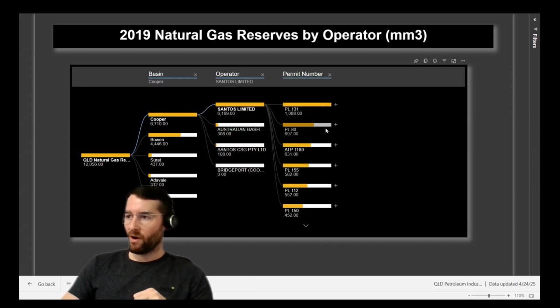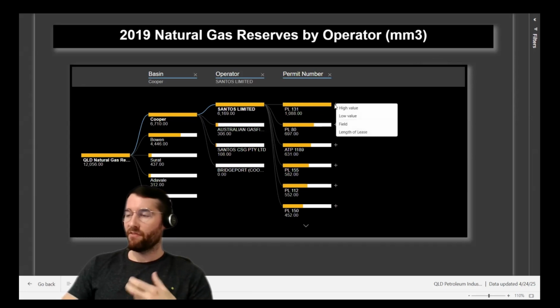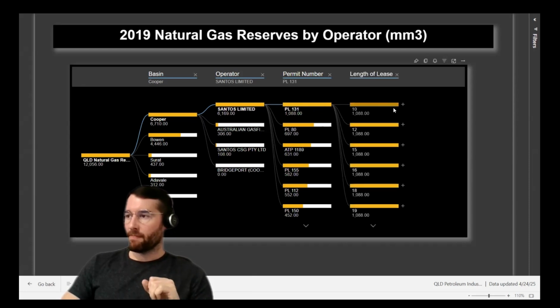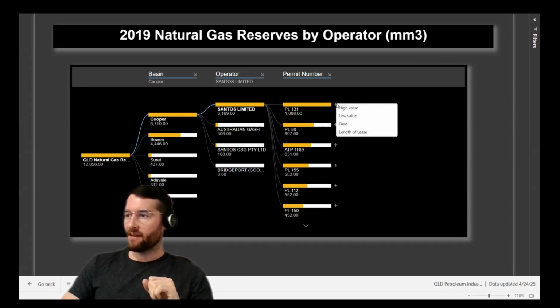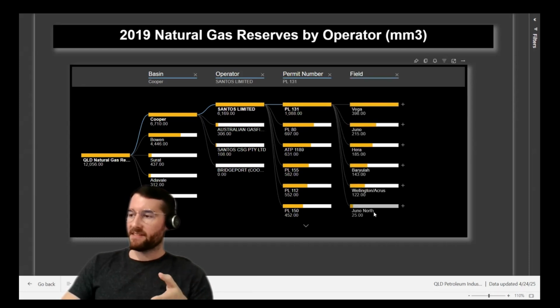PL 131, PL 80. And I can have a look down here and see what the distribution is of that natural gas reserve volume per lease, and that gives me an idea as to what's going on in those particular leases. If I want to go length of lease here, no, we won't worry about that just yet. We'll go to field. So these are the fields here that are on this particular lease. These are the mining sites, I guess,